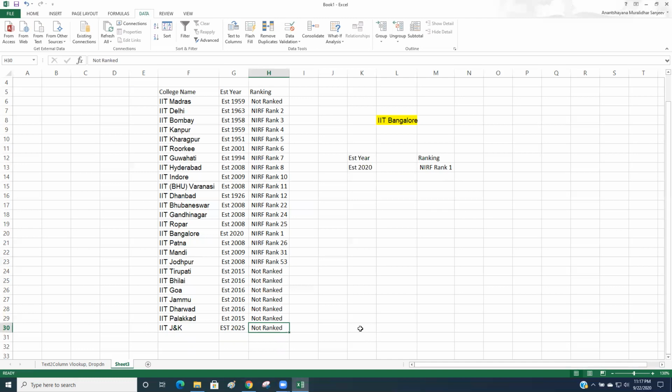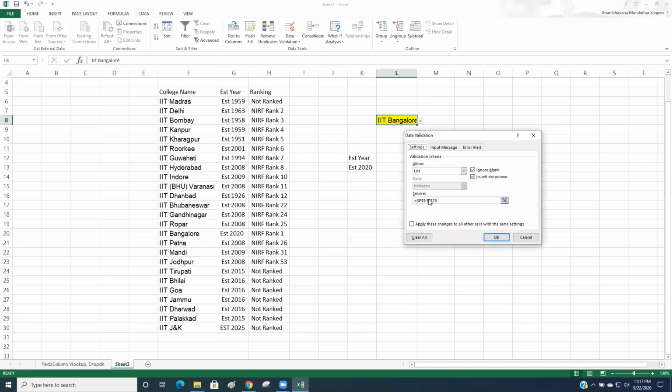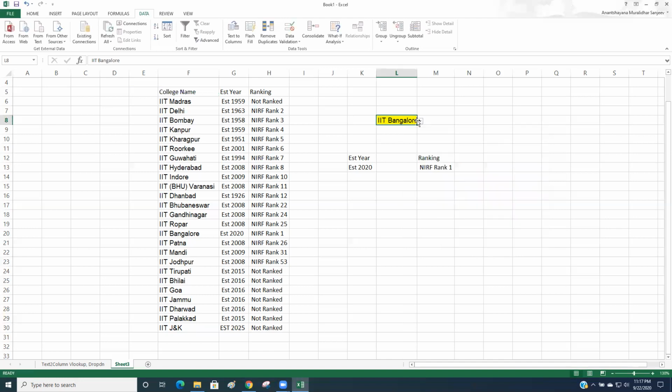It may come in future. Now you see, it hasn't come. To include that, we need to go to Data Validation again. Click on this. Can you see this one? F29, but it is at F30. So simply make it 30. Click OK. You will get that too.